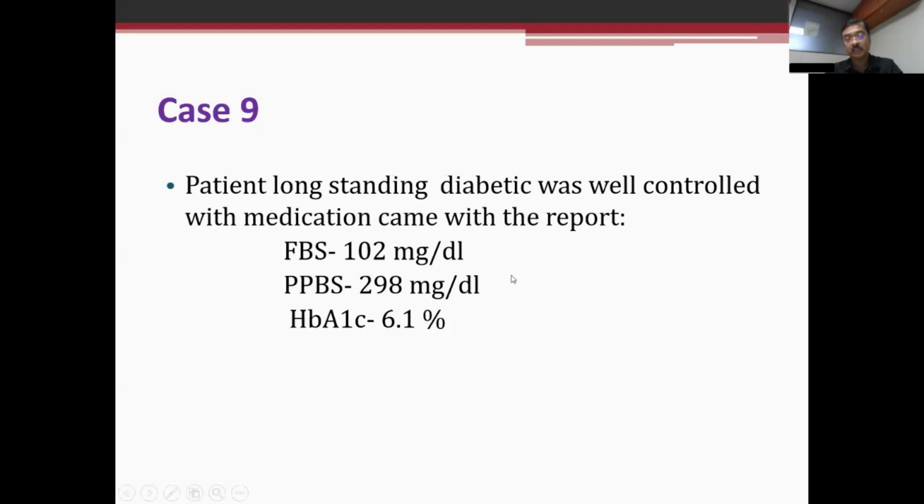The clinician. Because this person has not come to diagnose diabetes. This person has come to follow up whether he is in control after taking medication. So the PP should be taken just following every day's proper routine.